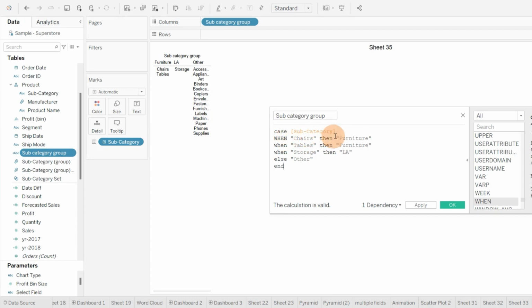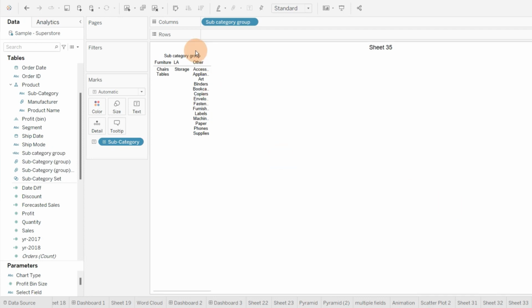So when the value is chairs, I want to return furniture. When tables, I want to return furniture. When storage, I want to return LA. Else for all the other values, I want to return other. I will click on OK here. So I can see there are no changes. The results which were coming with an if statement are coming with a case statement as well.